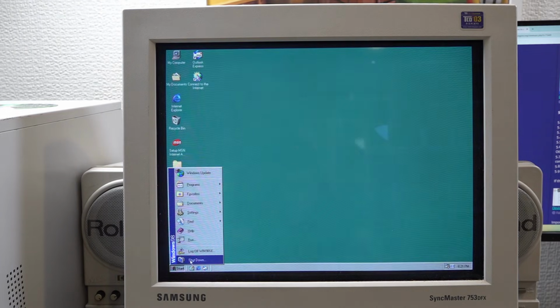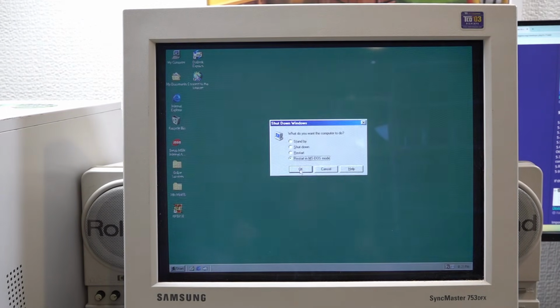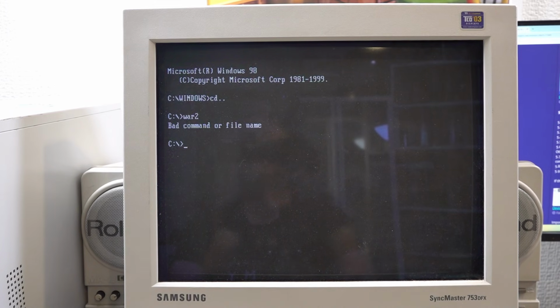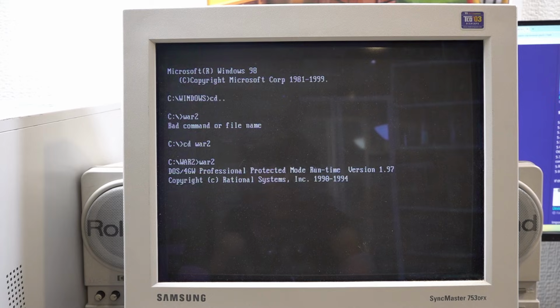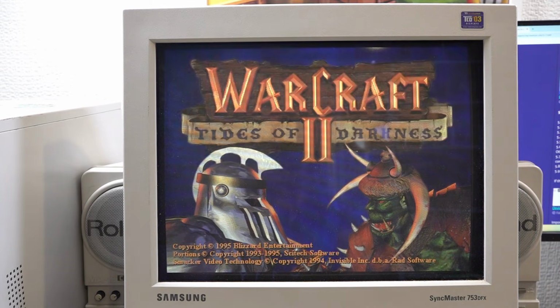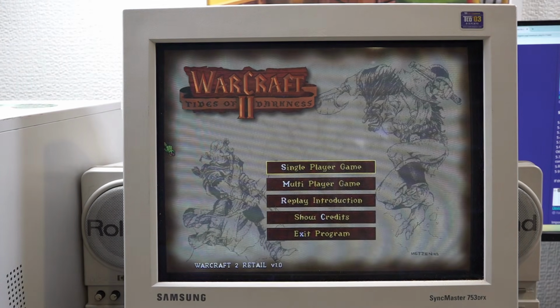And what I'm going to do is shut down the DOS mode now. Restart in MS-DOS, because I find this unusual. I'm obviously doing something a little bit wrong. No, not wrong, but I'm missing a step here somewhere, because if I change this now to War 2, which is the Warcraft 2 directory, and then run it, okay, there's no sound whatsoever. Nothing there, which is not a huge issue,